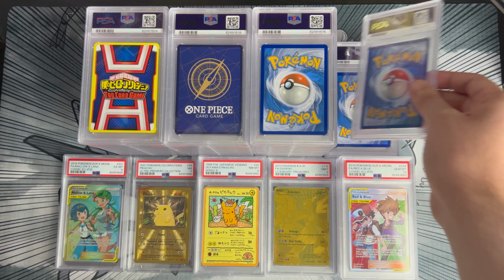Today we have another PSA return. In this return we have around 80 cards, ranging from Japanese, English, we have One Piece, and another entry for the My Hero Academia card game. So without further ado, let's start quickly with the first one, and we have the Zapdos EX from 151 as